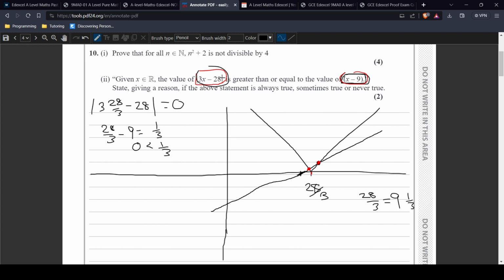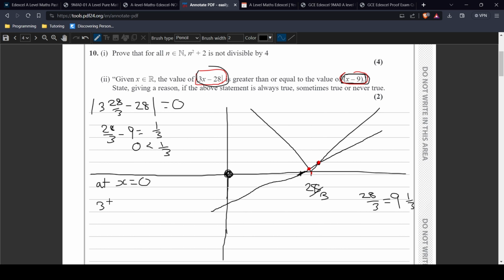So at that point, this is less than this. But at other points, for example, let's take just a large number, or let's take 0. Let's take x equal to 0. So at x equals 0,